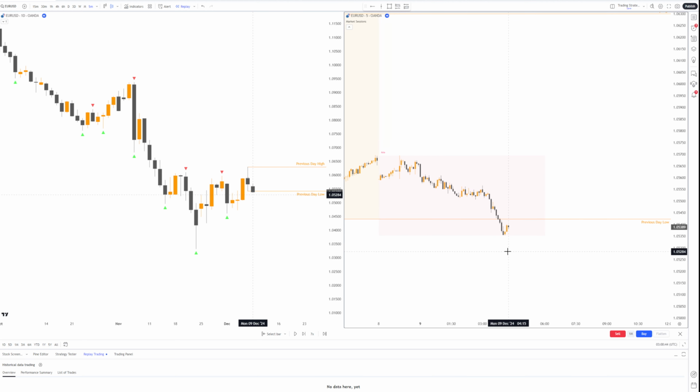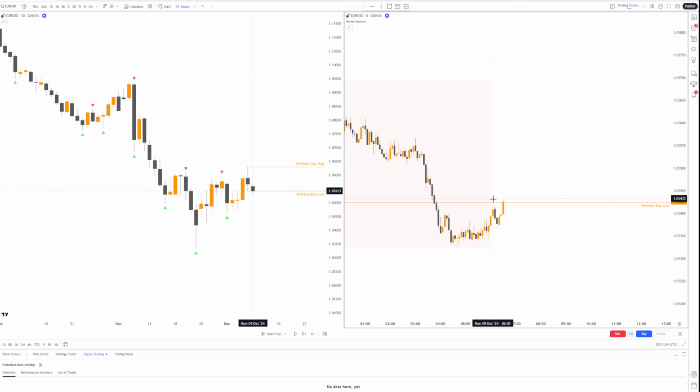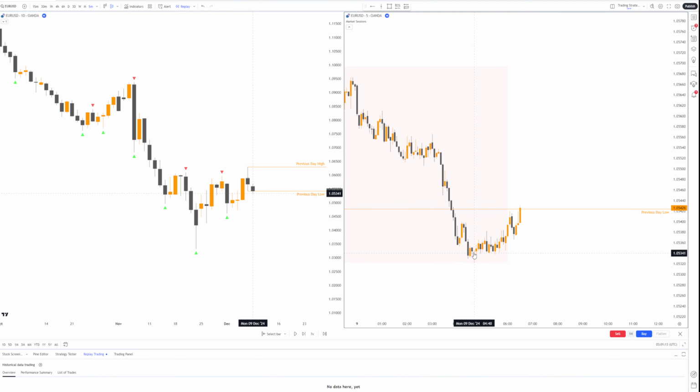Okay, so price has dropped below. This is during the Asian session. Let's see if price recaptures that level, and you can see that we almost, there you go. Okay, price has of course closed above the previous day low, so this is where the manipulation happened, and price has now started to recapture that level. So what we do is we are going to be aiming to do a market execution there, stop loss below that candle here,